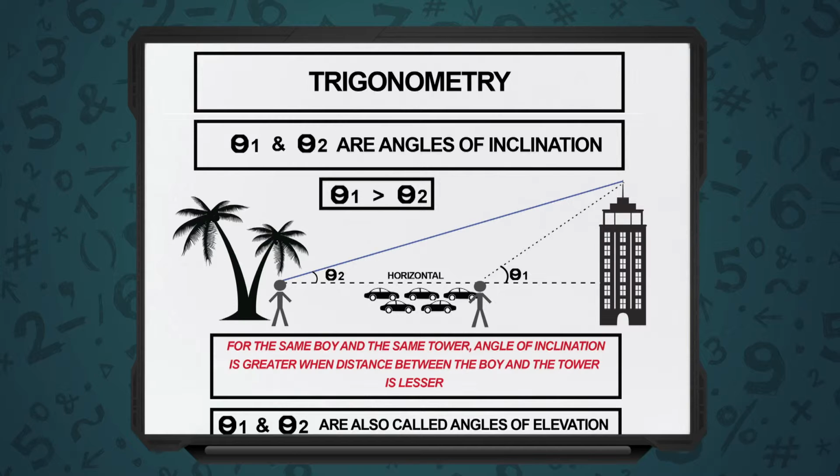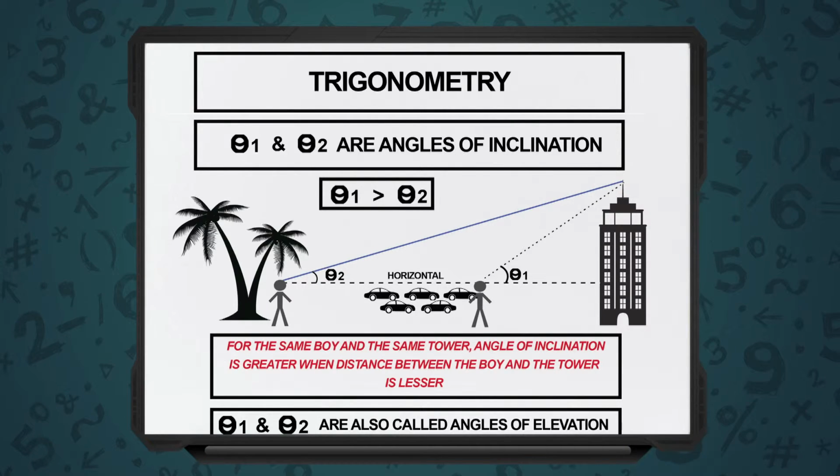So you are standing at a certain distance from there, and I tell you what is the angle of inclination of the terrace of the building, which means you are standing over here, so you have something horizontally, and if you look up towards the terrace, your neck would form a certain angle. That angle is known as the angle of inclination. So whenever you are looking far and looking at the top of buildings, or looking at a bird flying in the sky, an airplane, or kites, from different distances you would have different